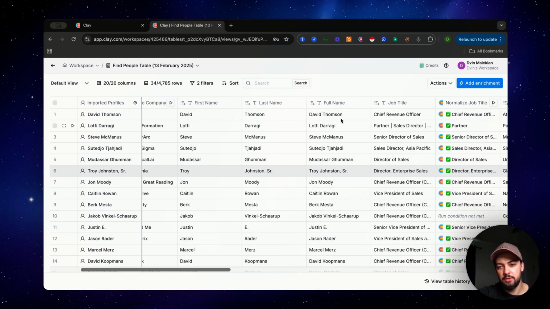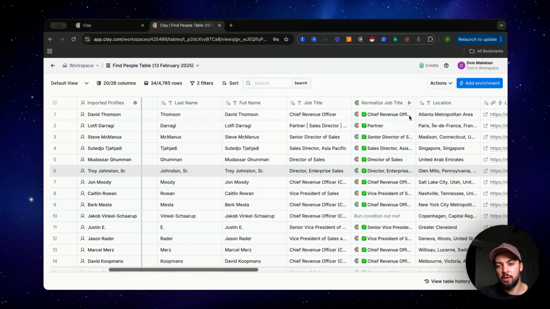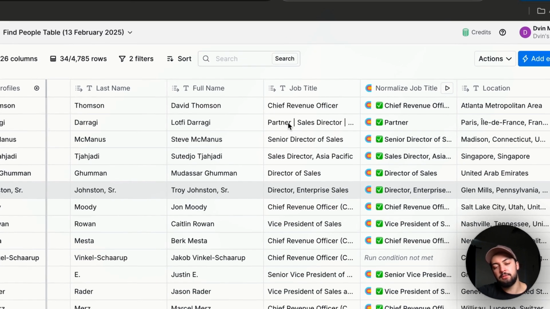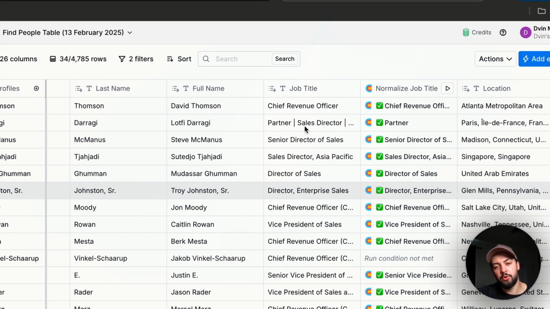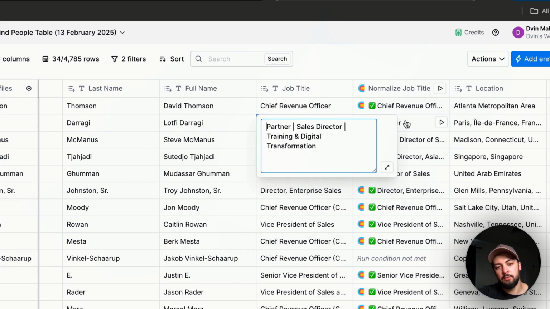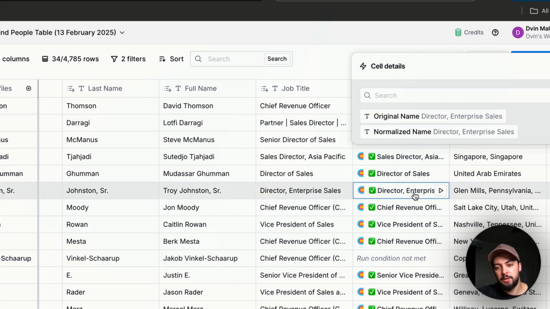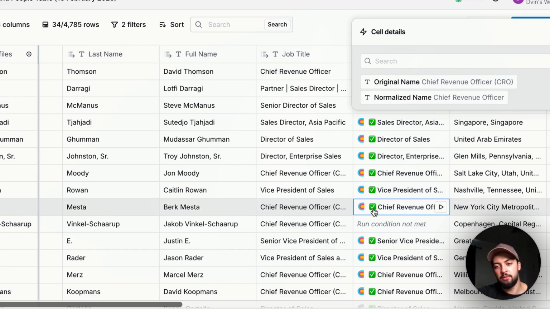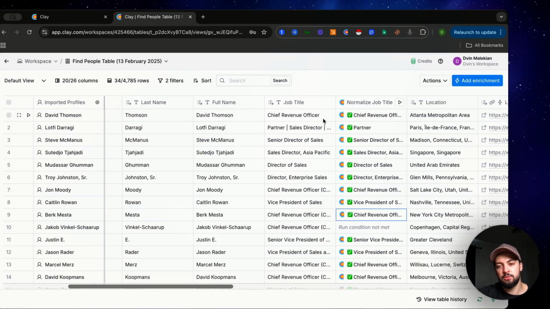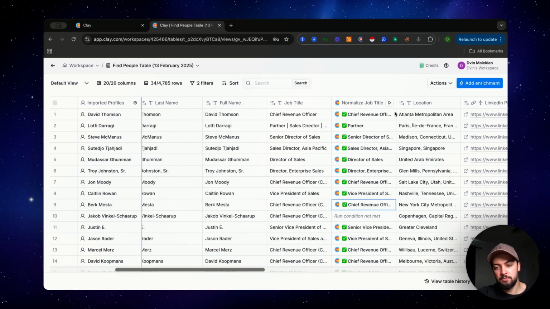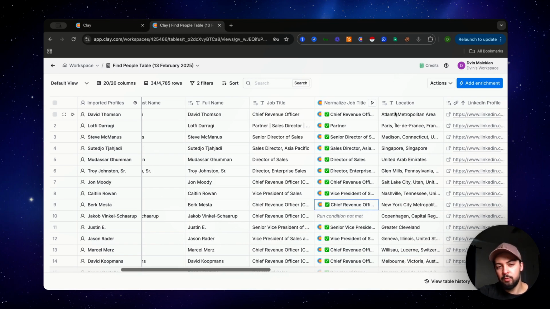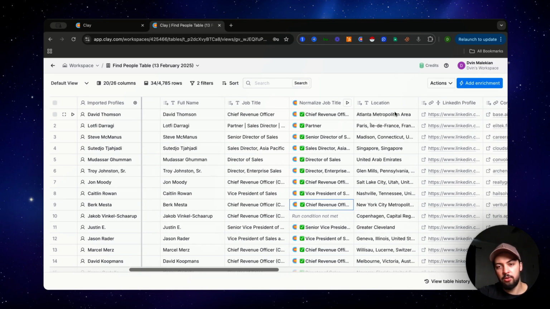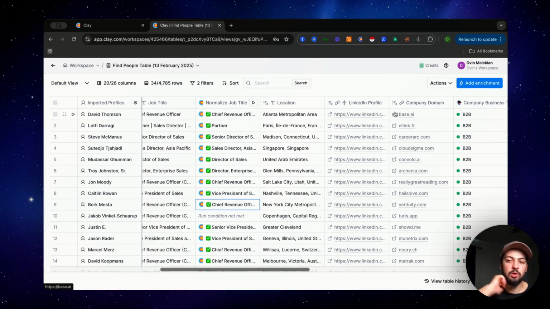The second thing we did was notice their job title was a little bit weird as well, so we cleaned that up too. For example, instead of saying partner sales director, we just want partner in there, right? Instead of having chief revenue officer and then parentheses CRO, we just put CRO. So this normalized it as well. And once we have all that normalized, now we can actually do all the personalization that we're